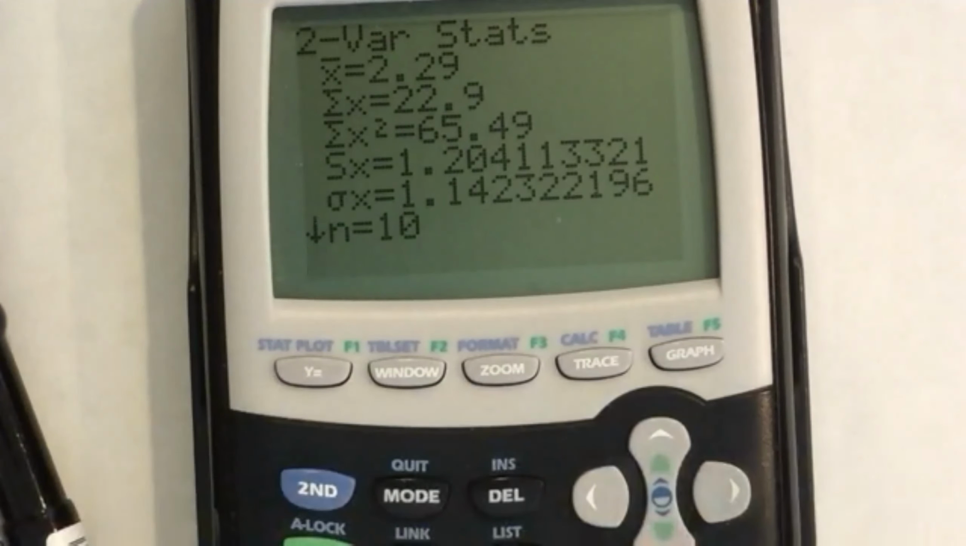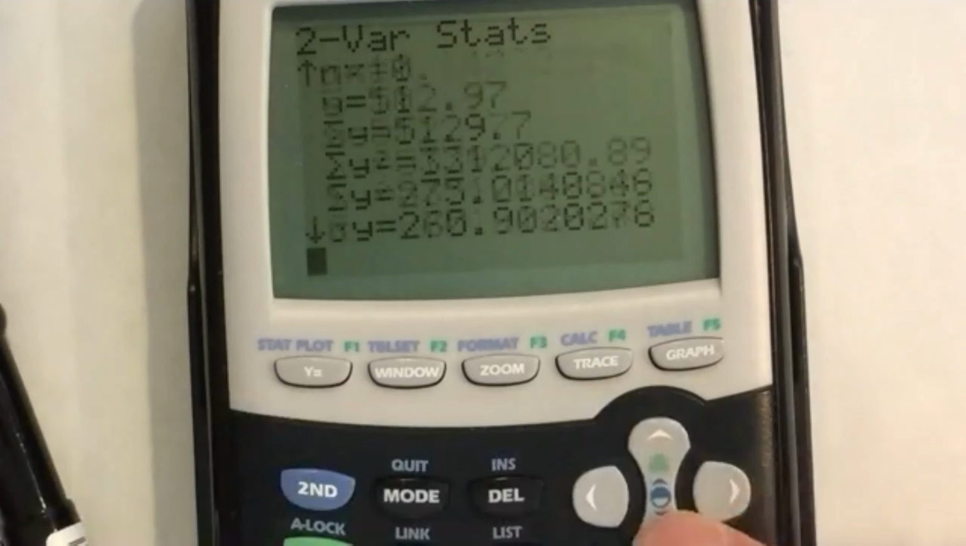So the mean of the X's, which it assumes is list 1, is about 2.29. So about $2.29 trillion in GDP. If I go way down here to the bottom,